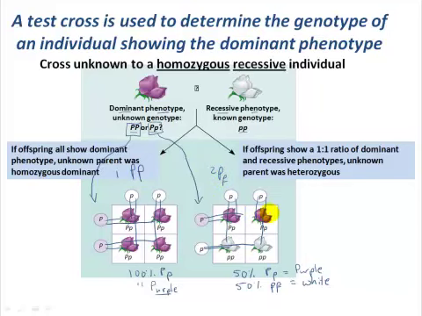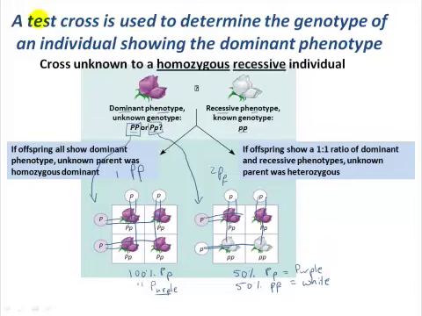Now that only works if you're generating enough progeny that you can be reasonably certain that you're seeing all possible genotypes represented. Obviously, if you're dealing with, for example, an experimental cross between animals that only have one or two offspring, that wouldn't work. But because pea plants provide enough offspring that you can be statistically reasonably certain of the representation of each genotype that you're seeing, we can use this one cross strategy.